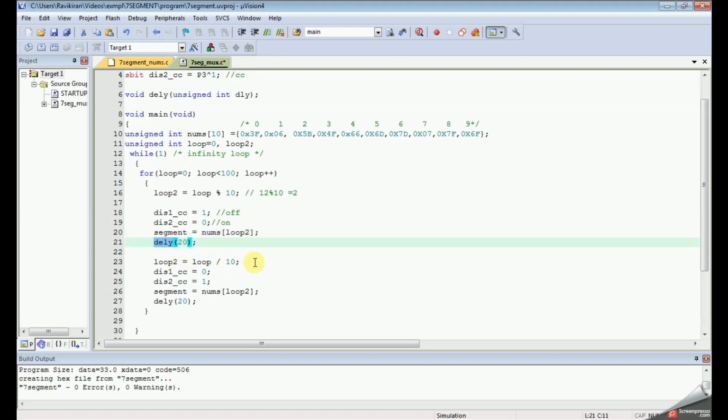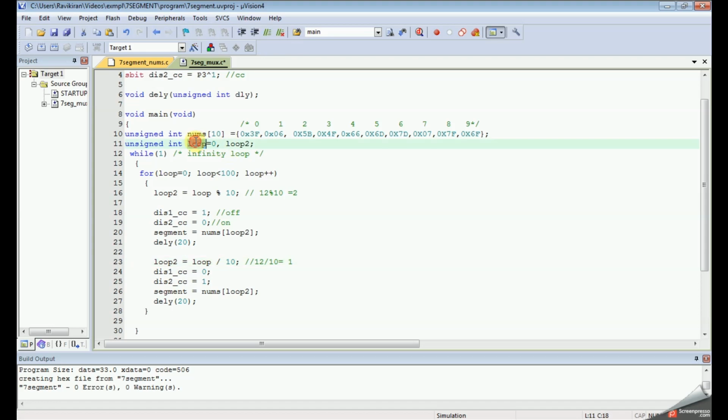Next, loop 2 equals loop divided by 10. The loop value is 12, so 12 divided by 10 gives 1. I am extracting the other digit, so now the value 1 is stored in loop 2, which is the next value that needs to be displayed.